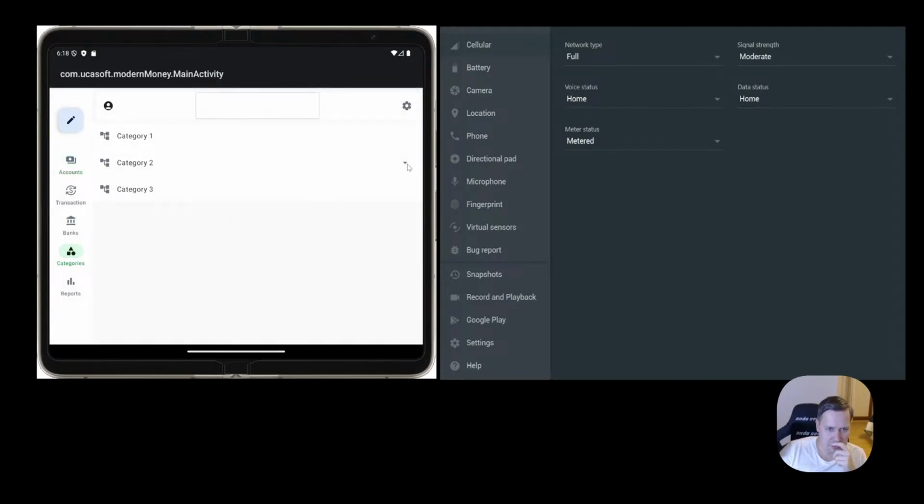Okay, we have categories, we can expand, and we have subcategories, but we have this empty space, which is not so beautiful. So we don't need padding here, we need like merging. Can we do it?